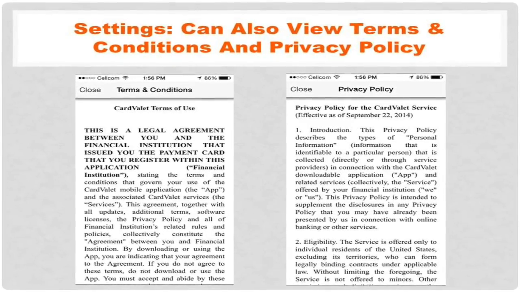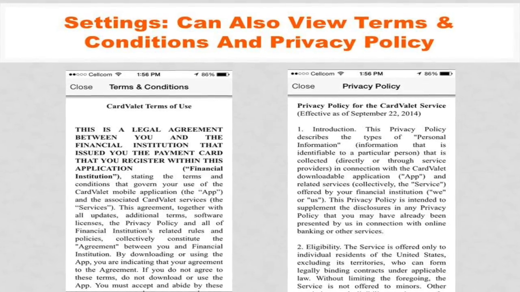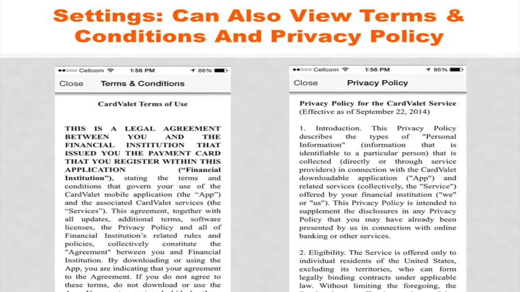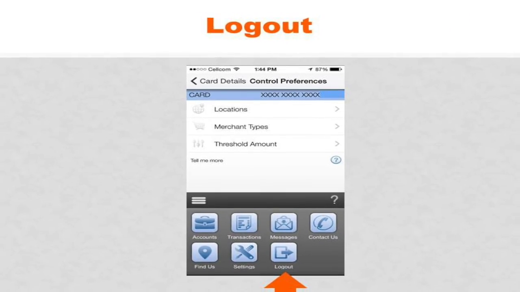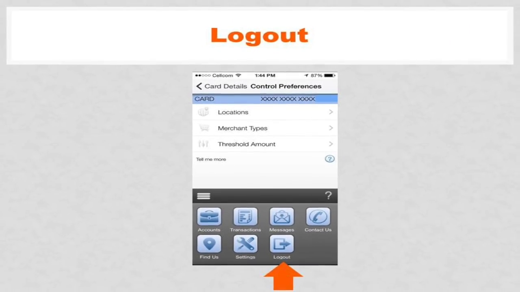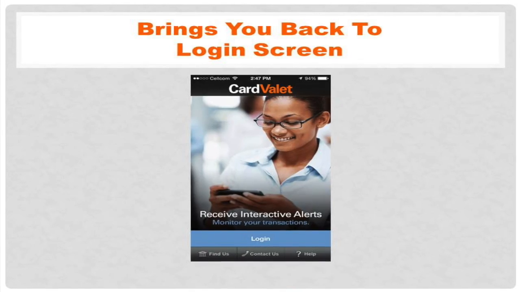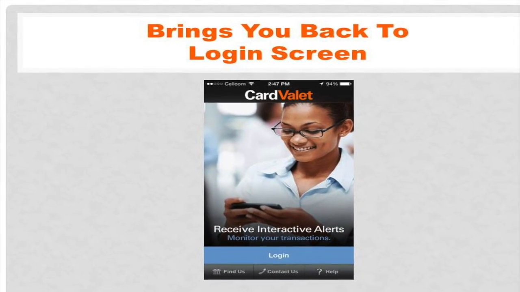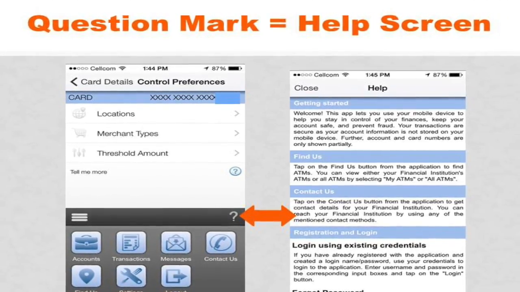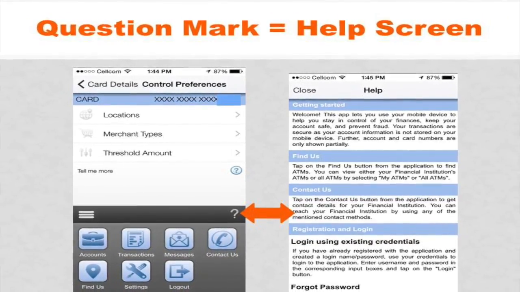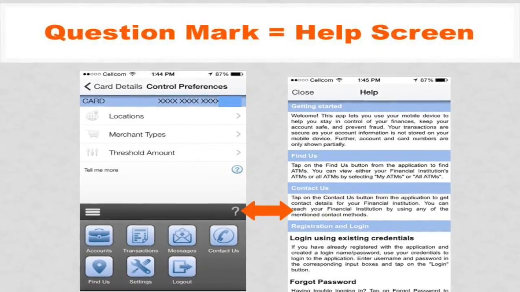Settings also has the ability for you to view the terms and conditions and privacy policy if you are ever in need of going back and reading those over again. And lastly, under the More Options menu is also where you log out of CardValet. Logging out will bring you back to the login screen as shown here. Okay, just a few more things to cover here. The question mark under the More Options menu will bring you to the help screen if you're in need of